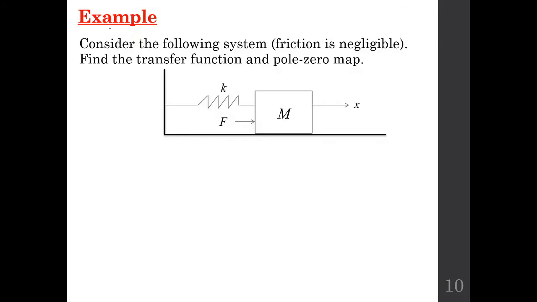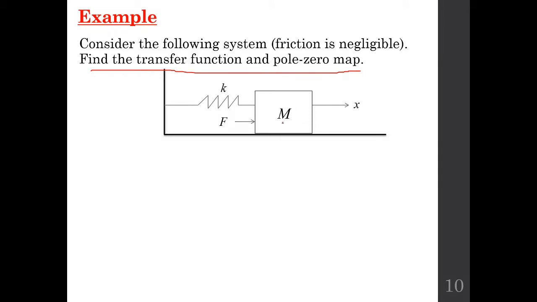Okay, so far we have studied creating the equations of motion for the dashpot, spring and the mass. Next, we'll actually model the translational systems from these equations of motion or by using other concepts. So we have this example given here, and we need to find out the transfer function and pole zero map of this system.